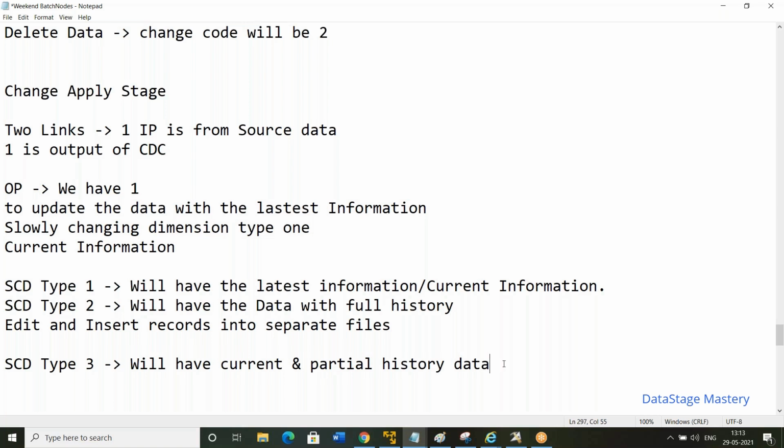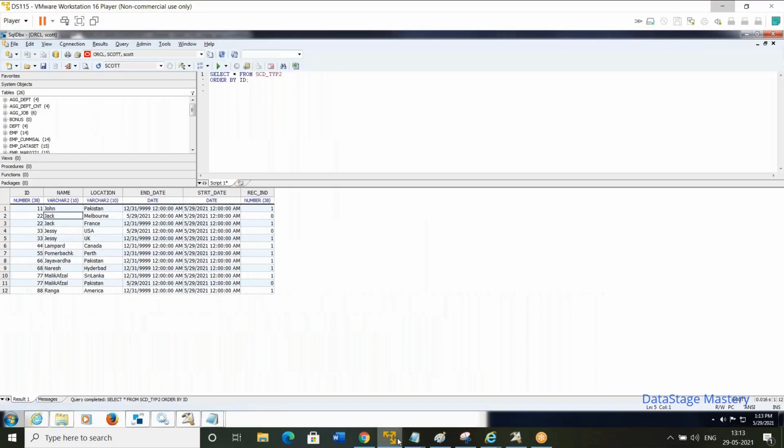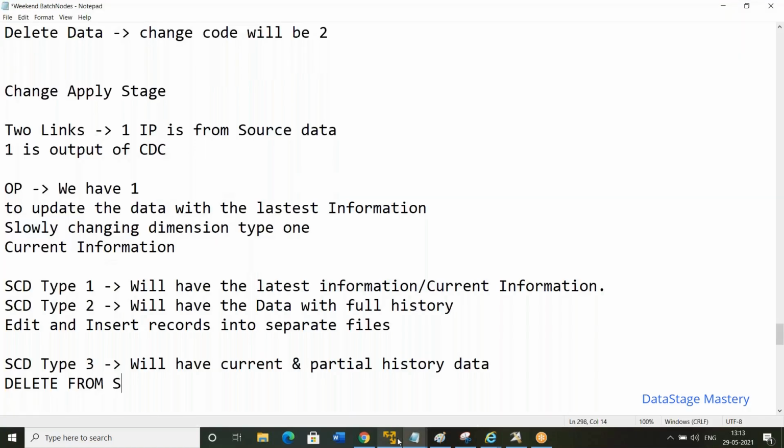So SCD type 3 works on a syntax basis. Like we can use this delete statement: delete from this particular table name, SCD underscore type 2, where extract year from start date, STRT date, is equal to